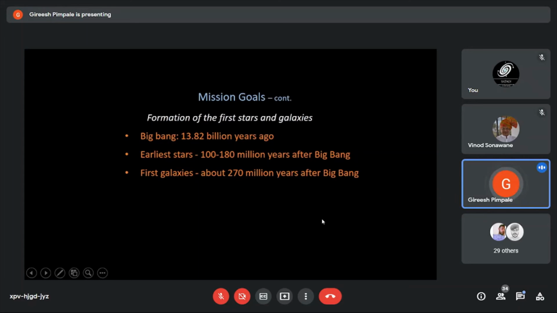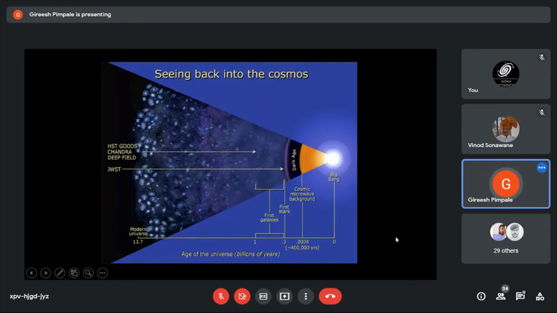See, what is this diagram, this photograph telling us? See, here is the Big Bang taking place. And a triangular shape here, which shows us that the universe is expanding. Universe is expanding, and that is why it is shown in triangular fashion. So here the Big Bang has taken place.